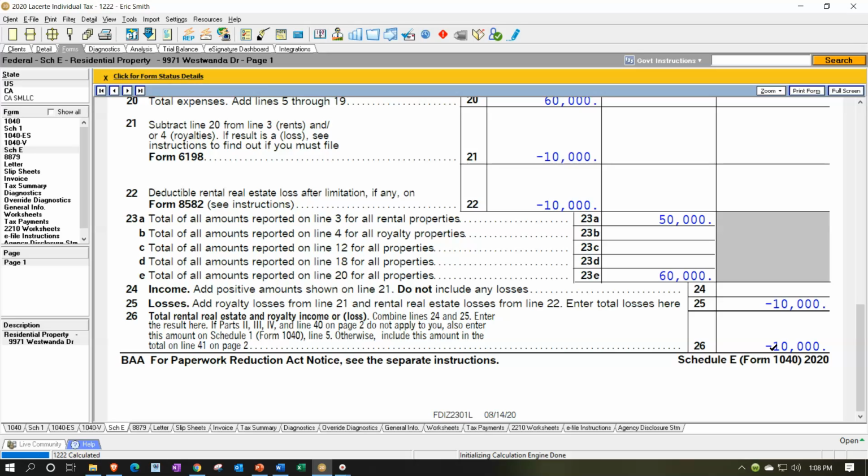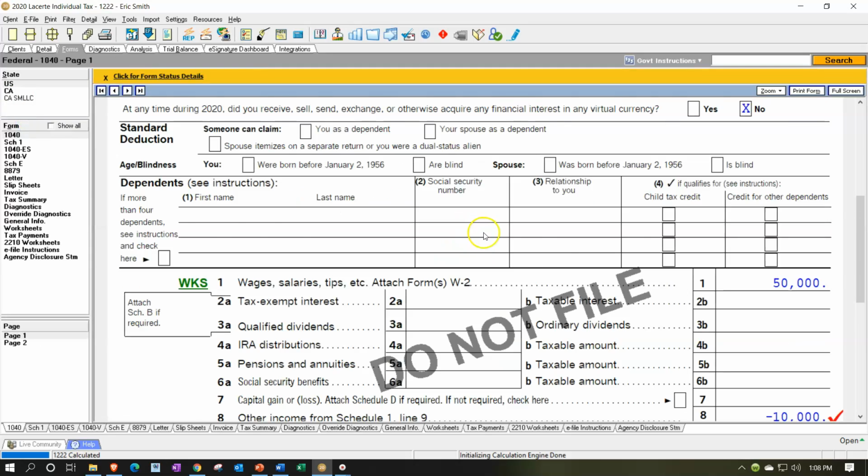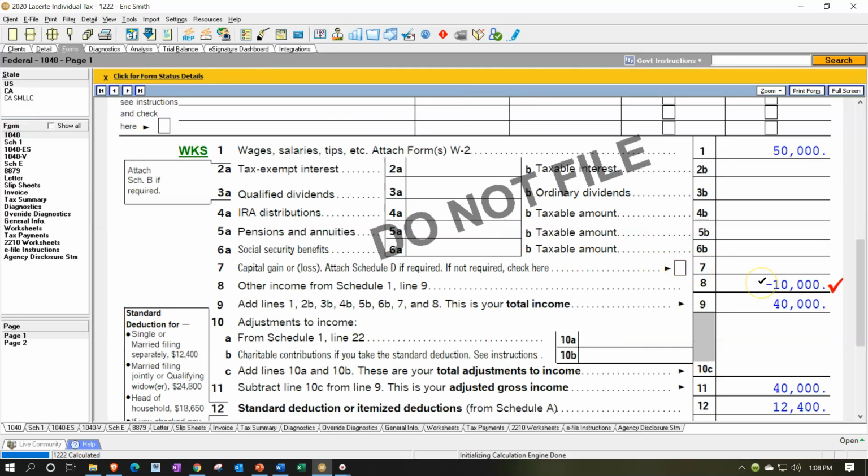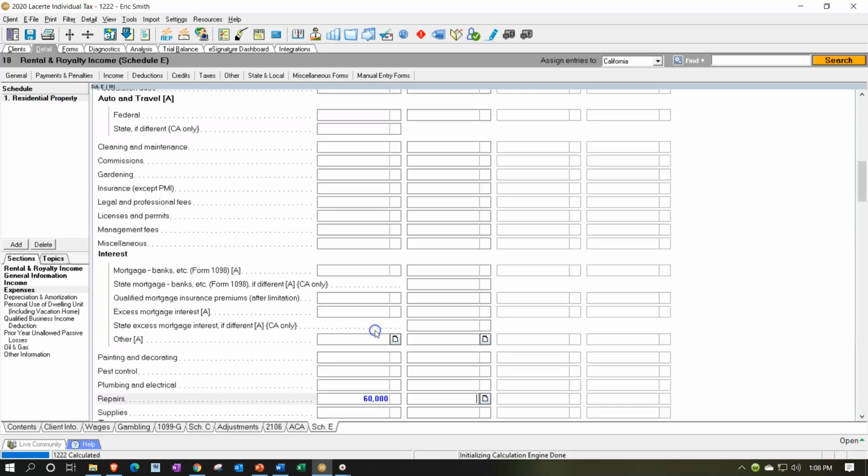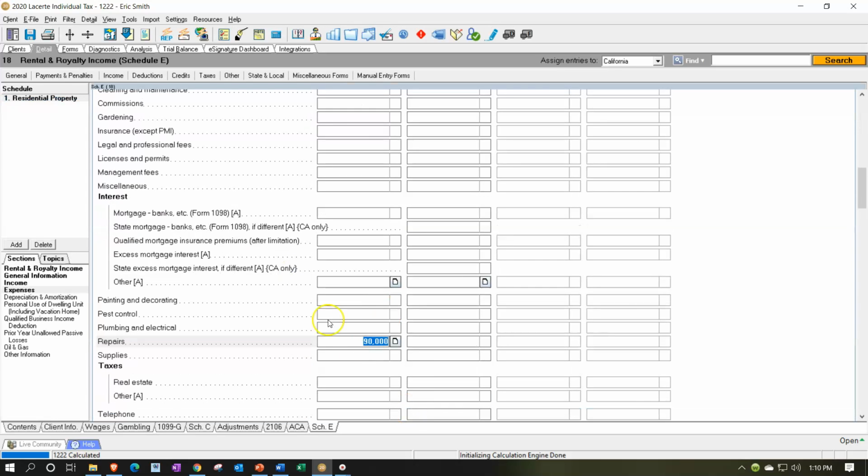And then you'd have to carry it forward. But there's basically an exception, so we're going to be able to carry this then to the first page of the 1040, and we're taking that loss against the $50,000 of income there. Now, if we make that loss more significant, let's make the loss going up to, let's make this $90,000 here,